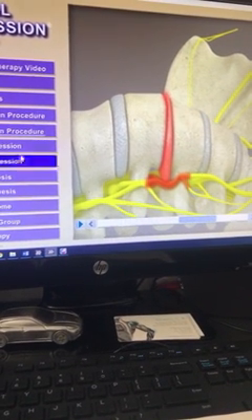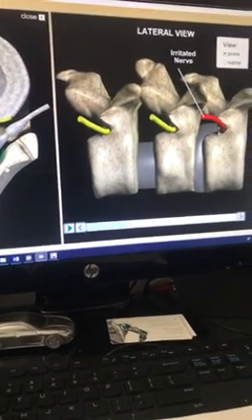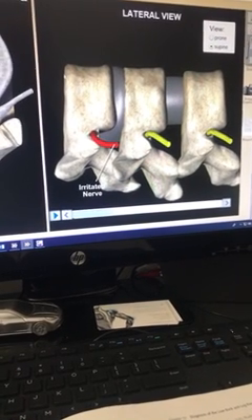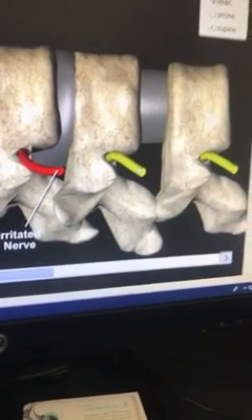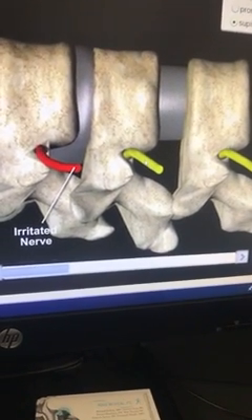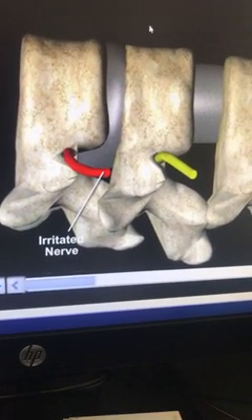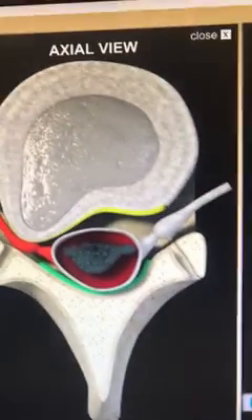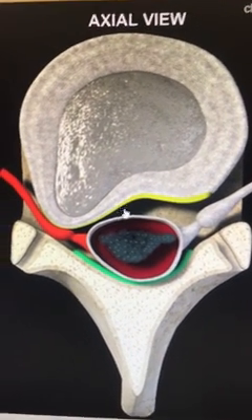This here is just a really simplified understanding of what's going on. So let's look at this image here. This is the spine. This would be the person laying on their back. This would be a nice, happy, and healthy disc. And you see this yellow structure is a nerve. This nerve has room. This here is an irritated nerve. And we can see that this disc is decreased in height. In this view, we can see that this disc here is herniated and putting pressure on